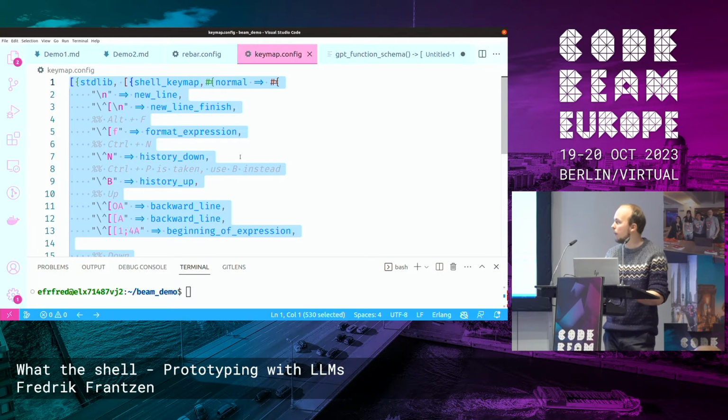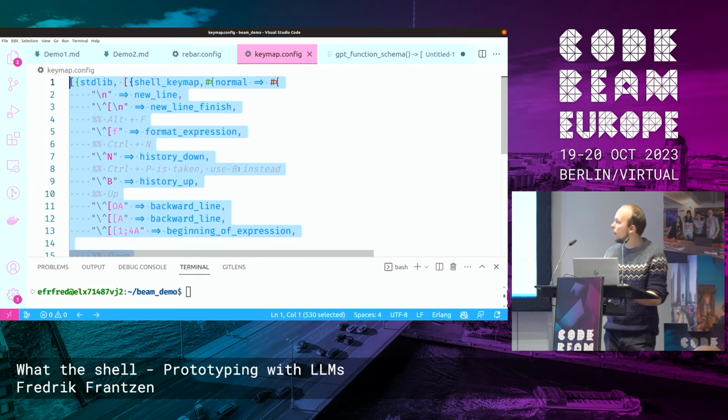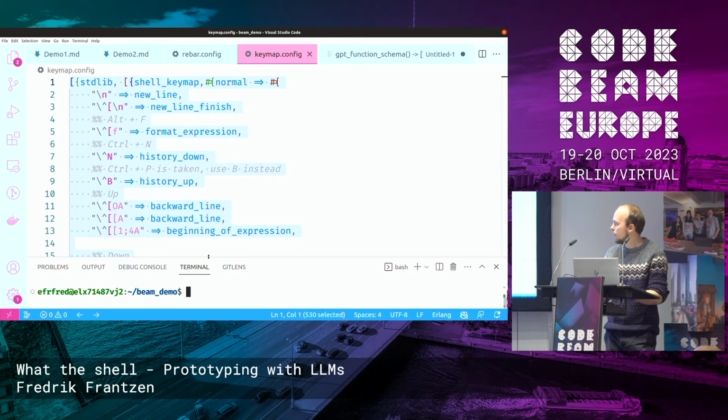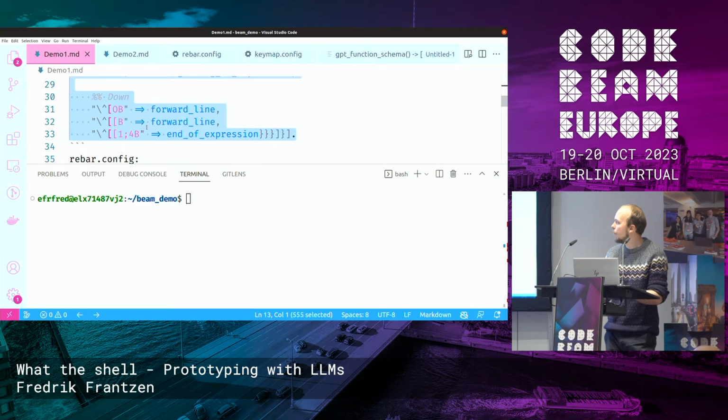It's catching all the Alt arrow key combinations. So then we have it here, just so that we have it there.